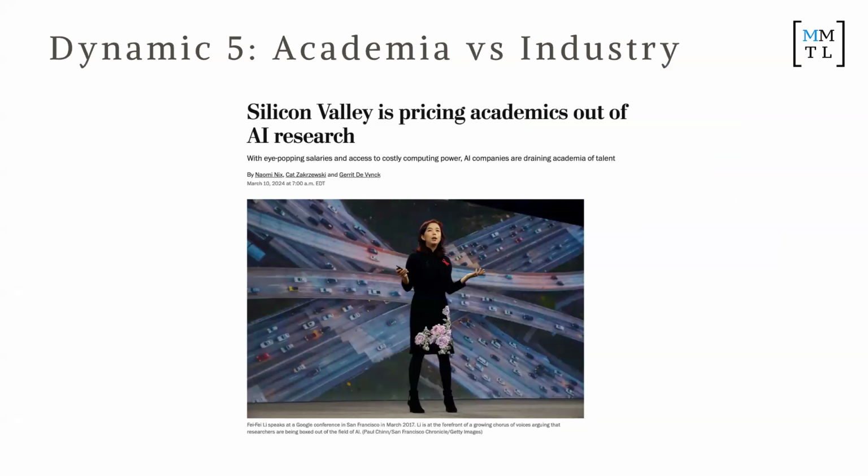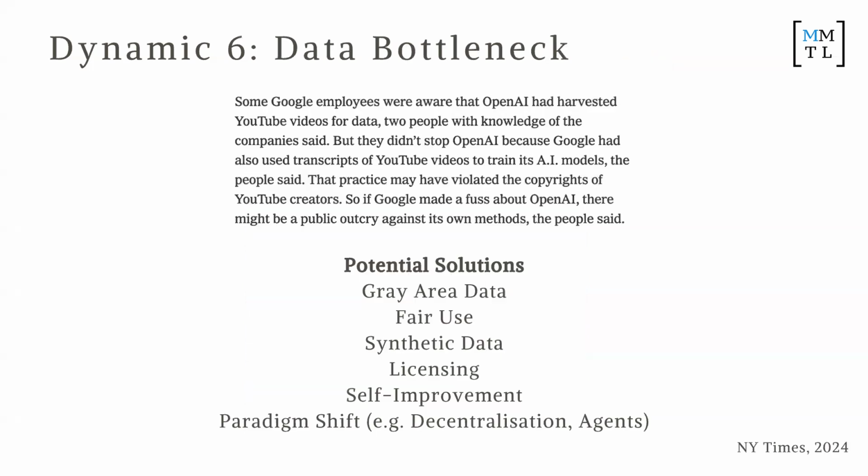All right, academia versus industry. Researchers now are struggling quite a lot because to train and work with these models is very expensive. We're talking millions to potentially billions of dollars, and research grants usually don't go to billions of dollars, right? We're talking at most maybe 10, 20 million. And so a lot of academics are starting to leave universities to go work for Google, Apple, or OpenAI, to have access to these models.